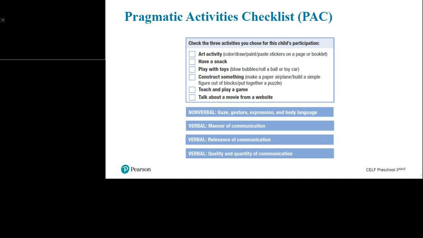We choose activities from a list of 6 provided in the record form and in the manual. And these pragmatic activities are designed to provide opportunities to observe the child's functional communication skills during authentic conversational interaction. So we set this up as a clinician, right? Now, when preparing to engage the child in these activities,